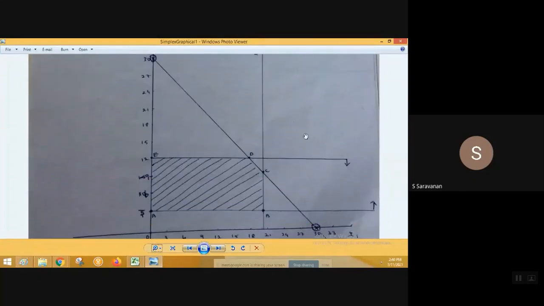So how to identify a common area? As I said, one equation is moving away from the origin, all other equations are moving towards the origin. So if it's an all less-than problem, everything less than or equal to, this will be the common area. But one specific equation is moving away from the origin, so that is greater than or equal to. Since it is greater than or equal to, the answer cannot be towards the origin, it will be away from the origin.